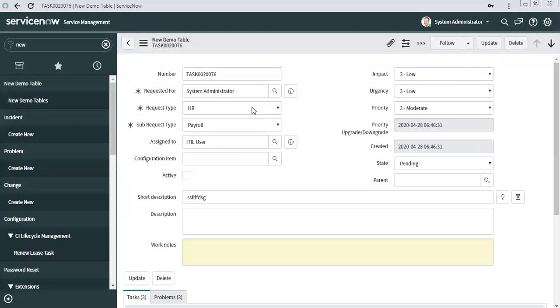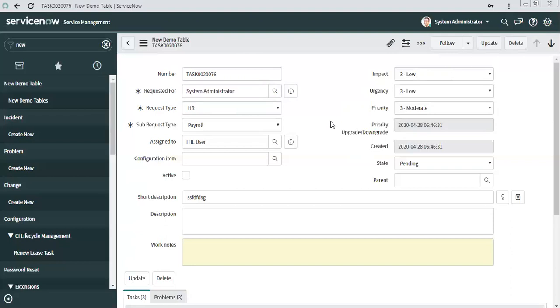Even for getting the manager of the requested for, or any other detail of the requested for, you can use get reference, but that is not recommended. So again, we should use glide ajax for this purpose as well. Although we have seen examples where you just need to get one field, where you need to pass a huge amount of data, it's always recommended to use glide ajax only.